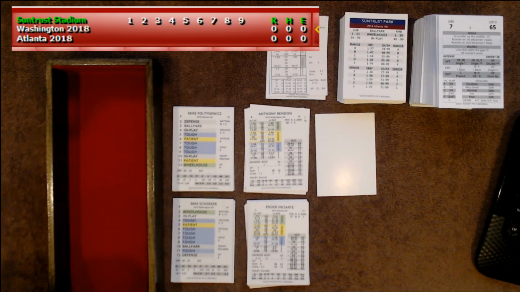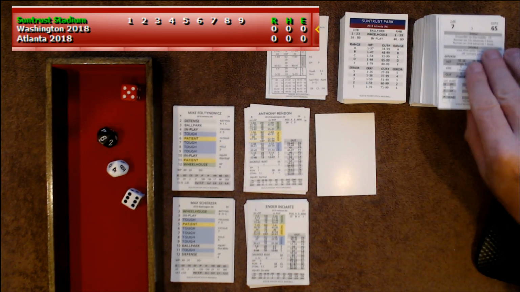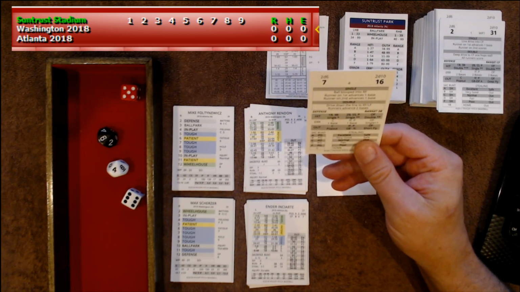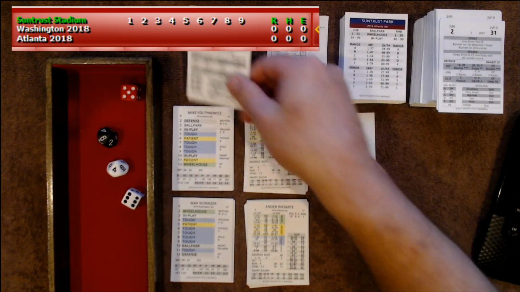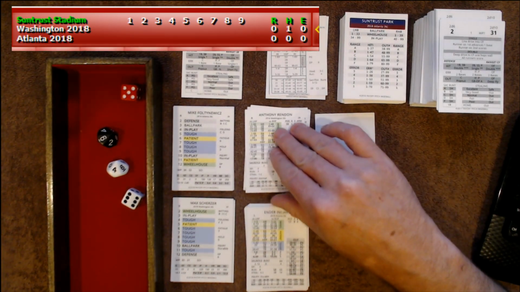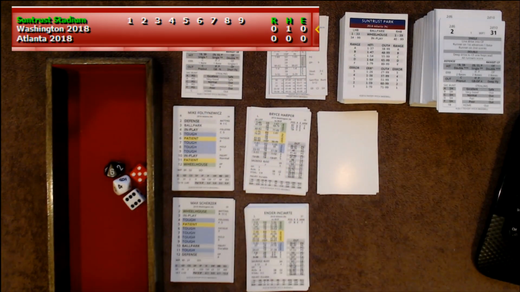Anthony Rendon, he's the third baseman. That's an 11. Patient, once again, 62. He's a right-hander, and that is going to be a single. 62 is a single, and that one is going to be a runner on first, advances one base. So a single. Runner will advance to second. So the first two have reached here against Foltynewicz, and that brings up Bryce Harper.